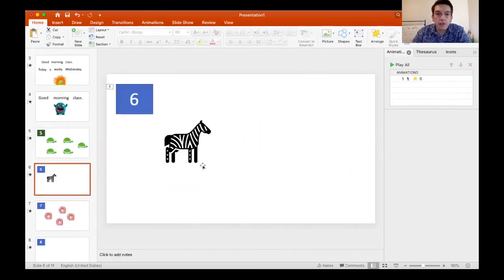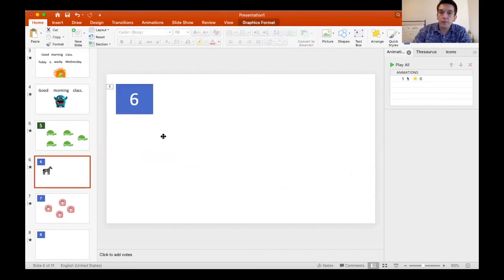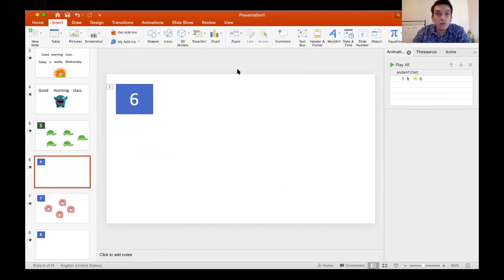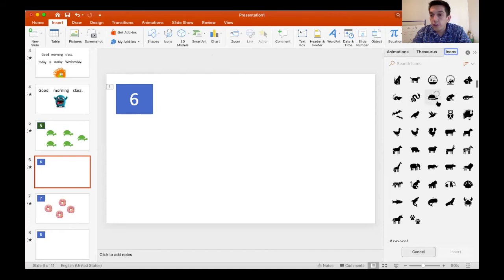And the way you do that, I've already started right here with the number. I just made a text box. We've already done that when we were doing the calendar. The next cool thing is that both programs have shapes, and you can add squares, circles, all that stuff. But there's another cool spot. If I go to Insert and go to Icons, it gives me a whole bunch of fun little critters that I can use. So I can use crocodiles, and I can insert it,